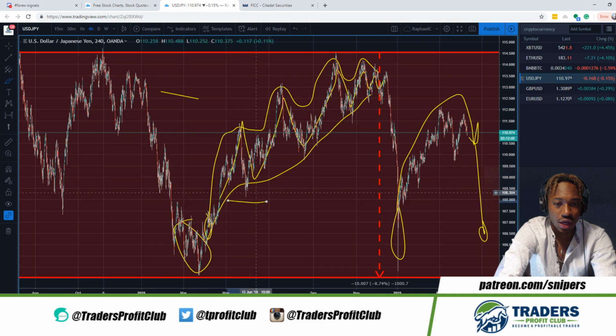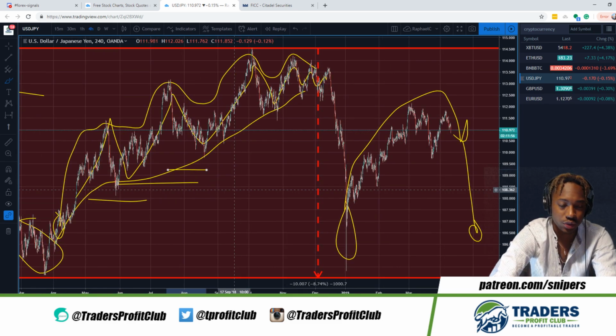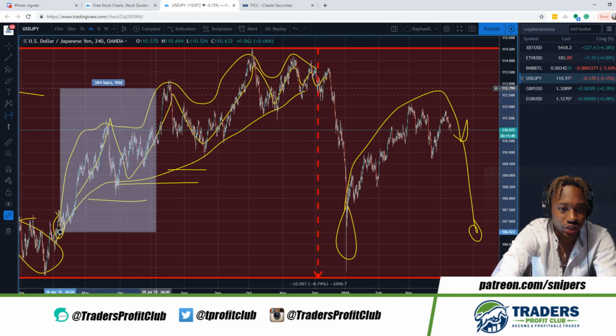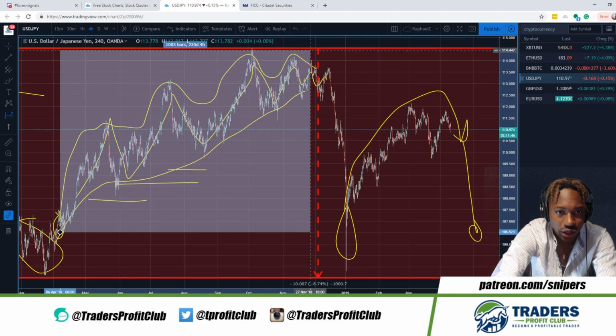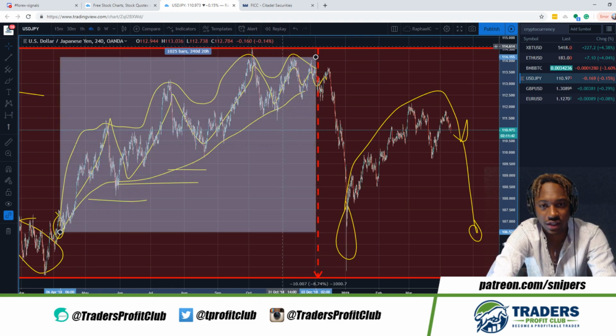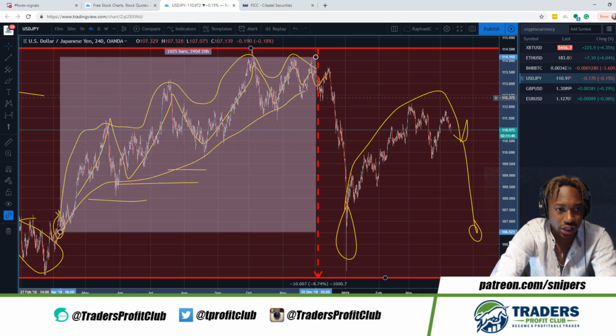And I'll show you guys what I mean by this. Obviously, guys, you see the bigger picture, right? But I'm going to show you how this works. So we're going to go to the dates. You guys see how it took basically all year for the market to hit this high. Basically 240 days, 365 days of the year. And then at approximately